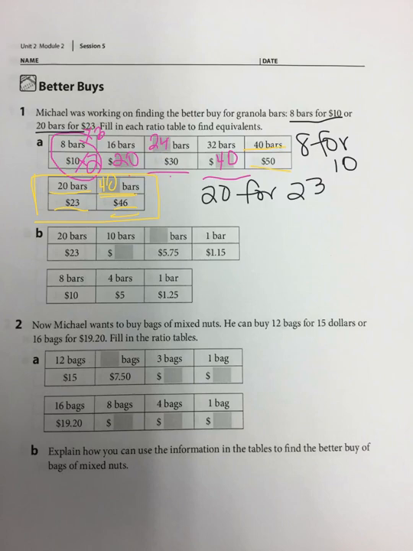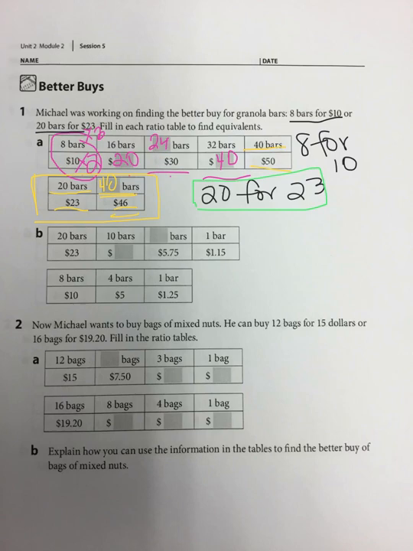So looking at that, which one is the better deal? Would it be 40 bars for $50 or 40 bars for $46 with the 20 for 23? With the evidence from the ratio table, it looks like 20 for 23 would most likely be the better deal for the most bars. Let's move on to number